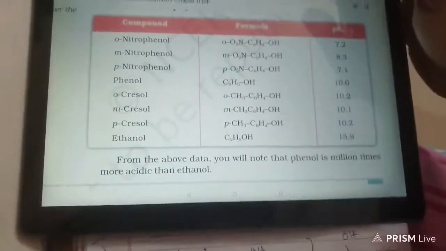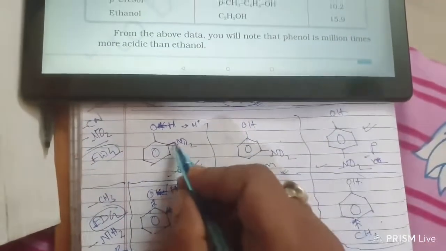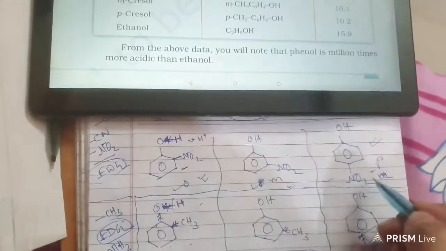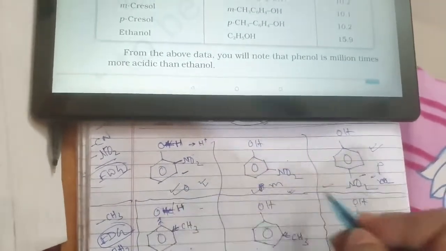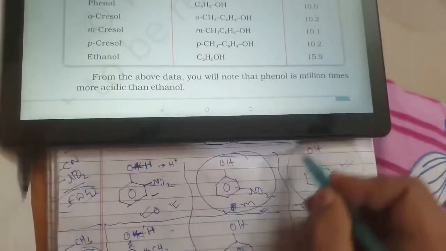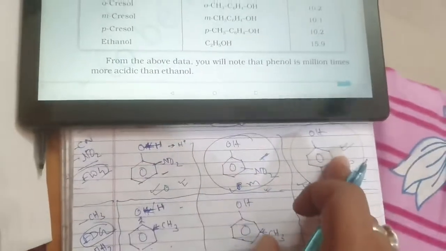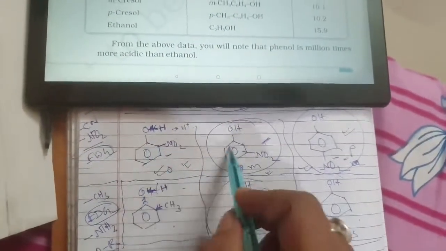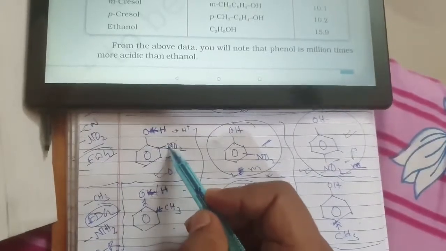Again, if you think the opposite, this will be the... now this is reducing the acidic character, so this effect will be more, this effect will be more, so these will be less. This will be the best acid among these three. This will be the best acid, and this will be the worst acid among these three. This will be the best acid among these three, because here what is happening, the